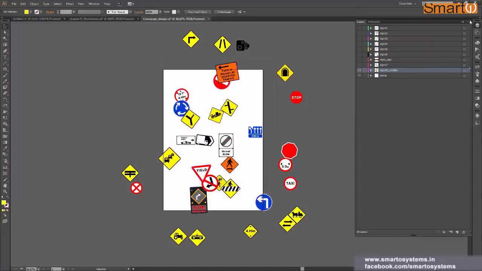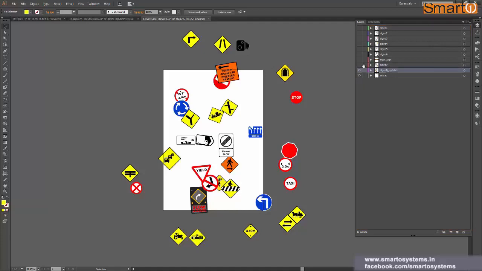Okay, so with that, now let's see if I want to rearrange the layer. Let's say I want to move this layer to the top. To do that, you can just click on the layer and drag, and you can release this layer anywhere. When I'm dragging around, you can see one time it is highlighting a layer, and another time it is just creating a line in between the layers. That means I'm dropping this layer in between these two layers.